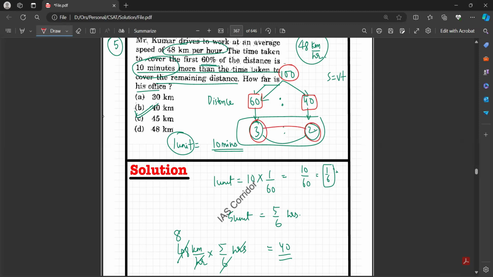और वो बता रहा है कि इन दोनों का डिफरेंस है 10 मिनट्स। तो 3:2 का डिफरेंस है 10 मिनट्स। तो 1 यूनिट का डिफरेंस, 1 यूनिट का मतलब कितना है? 10 मिनट्स का डिफरेंस। सो 1 यूनिट इज इक्वल्स टू 10 मिनट्स।